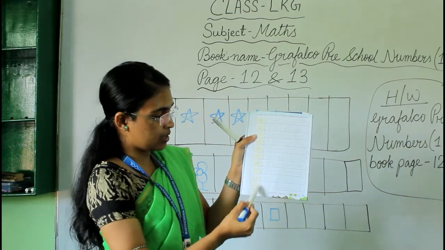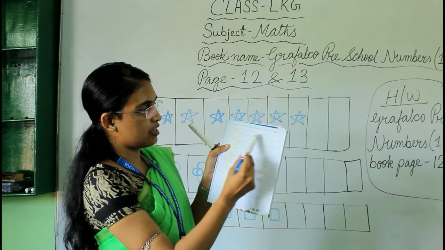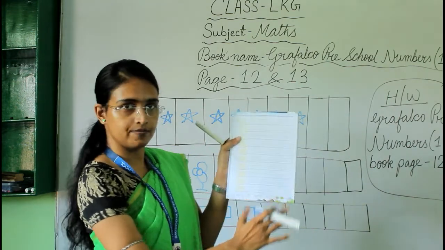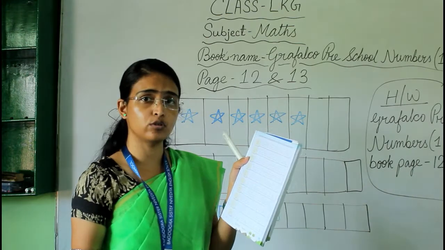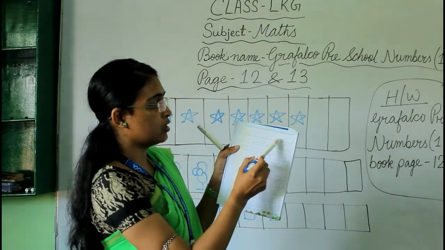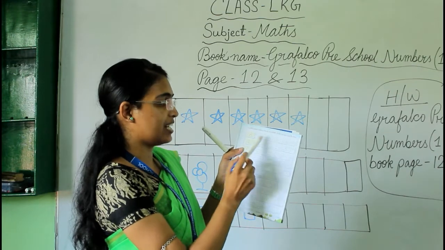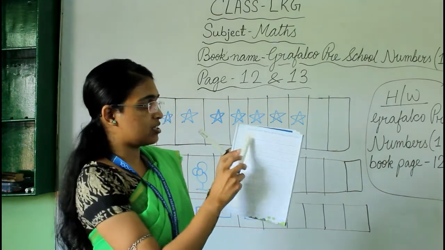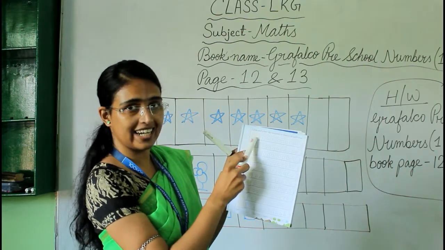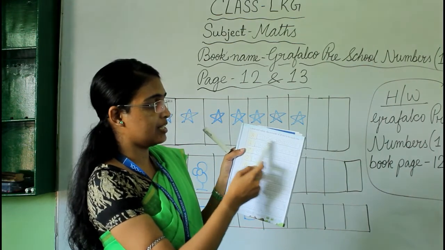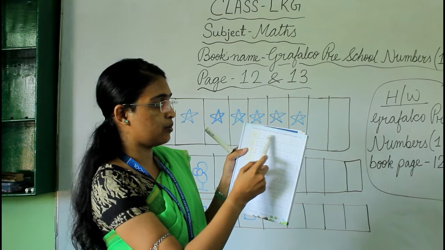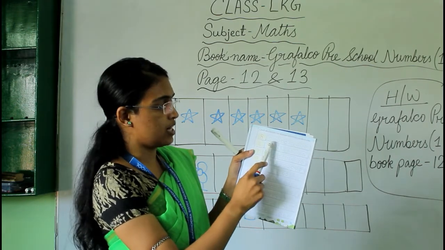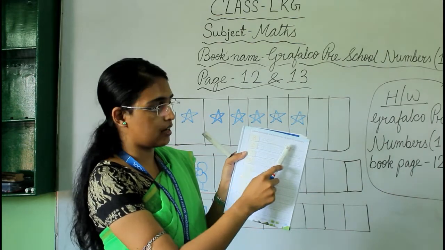Here also the numbers are written on this side. And can you see these objects? It is already drawn. So what we have to do? We have to count the objects and color those of the colored 8. Suppose here it is written 8. And on this side, which object is drawn? Yes, circle, right? This is circle.